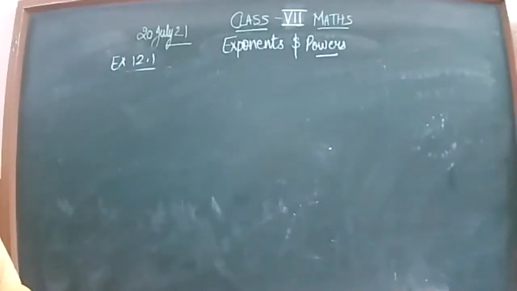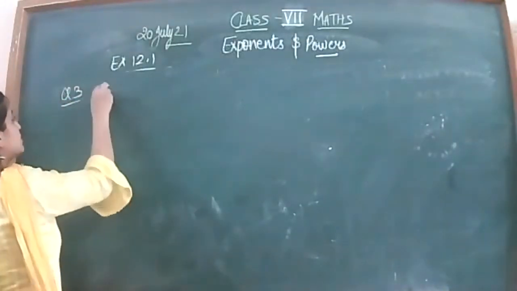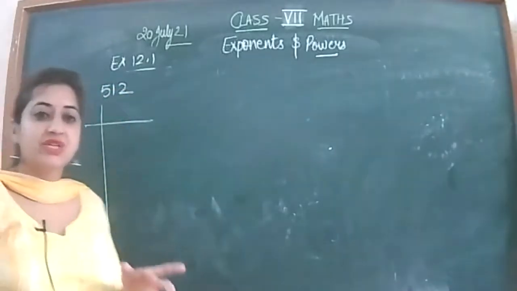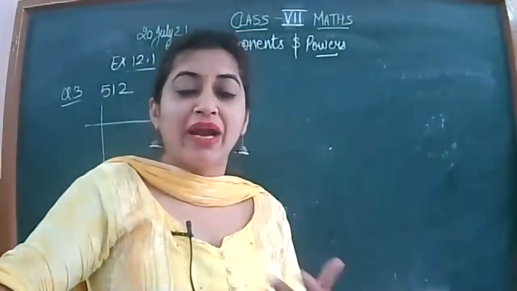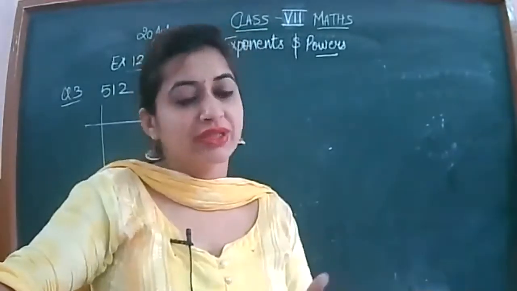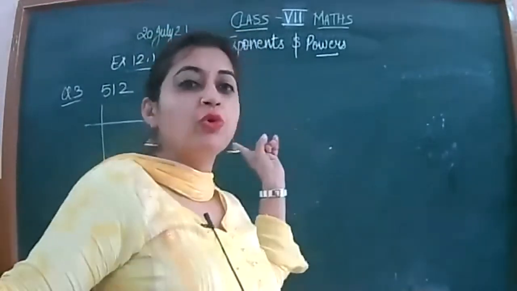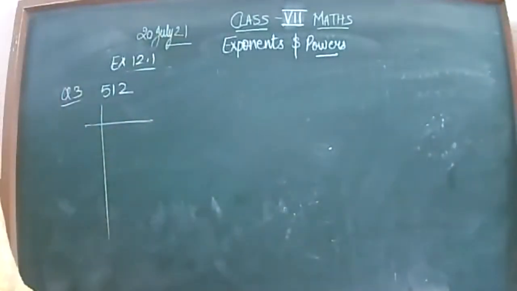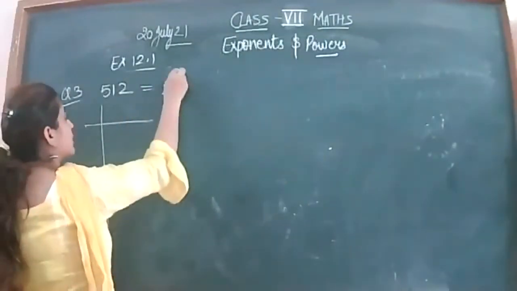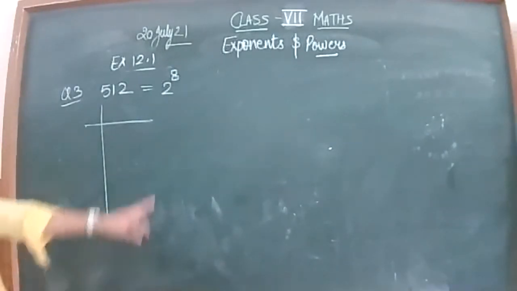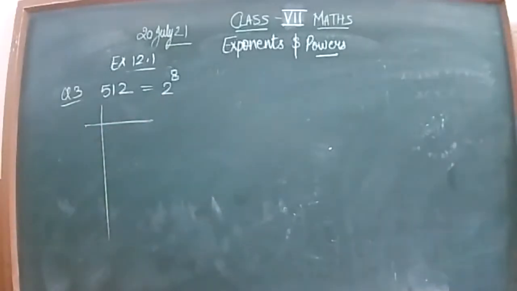Question number 3, express in the exponential form. Exponential form is in the form of power. Okay, make the prime factor. If the question is expressed in the exponential form, write as a product of prime factors. All the 3 questions are same, so you will do prime factors in that case. Make the prime factor and tell me its answer. Answer will be 2 raised to power 8. So you will get 2 8 times in its factors. Please make the factors. Hurry up and let's check, is it correct? Please check it and tell me.